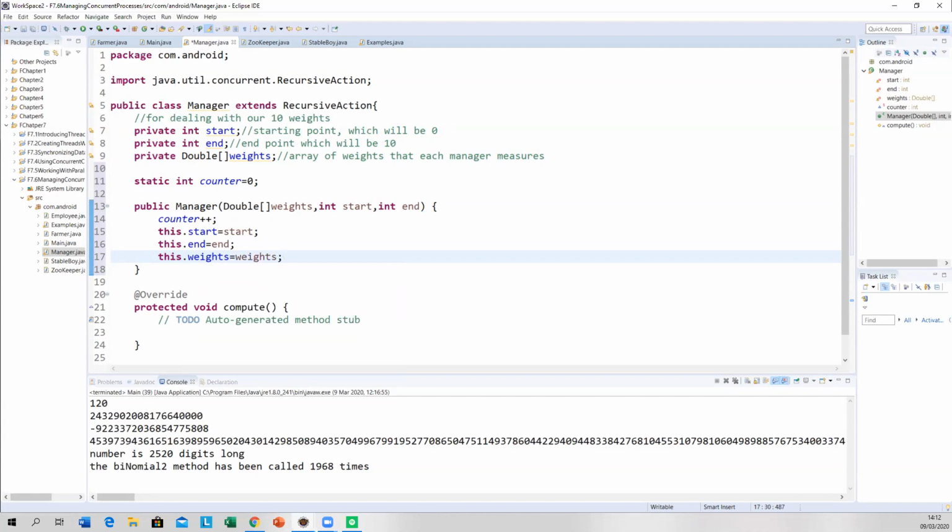Now, so the start is going to be determined. Right. So start and end. Actually, I'm just after seeing here, it does produce 4 managers. I stand corrected. It does produce 4 managers.